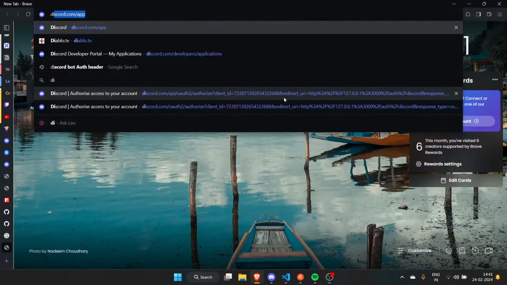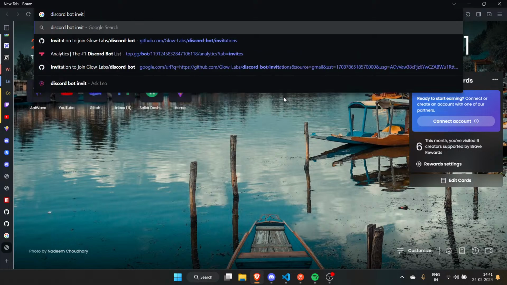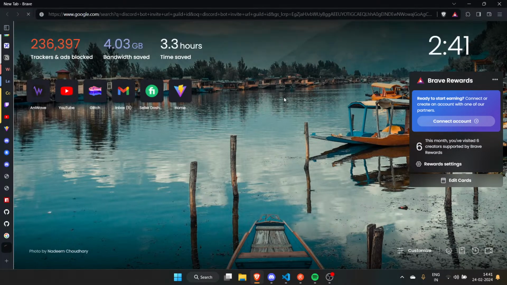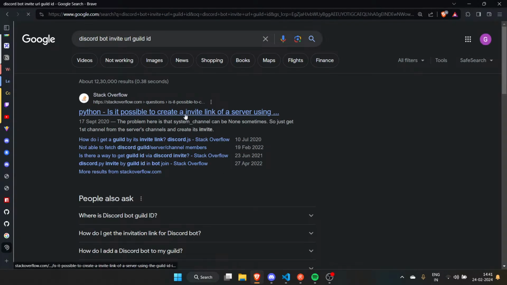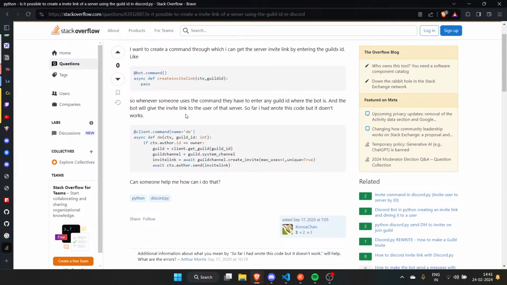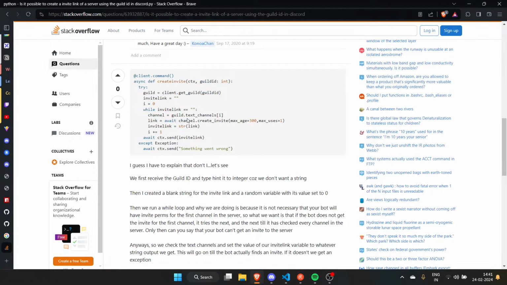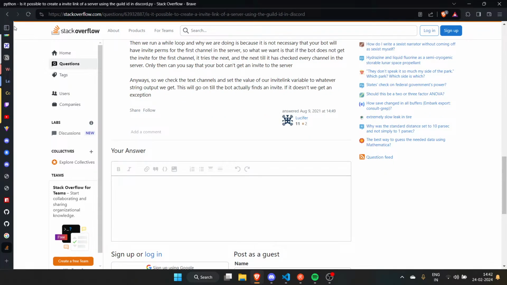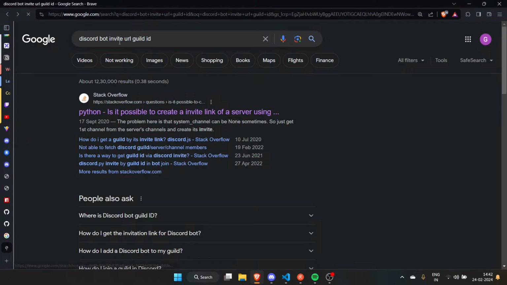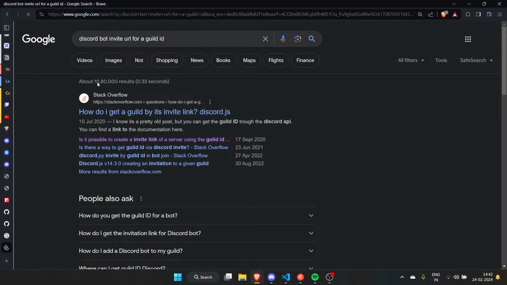Ah, Discord bot invite URL guild ID. Discord bot invite URL for guild.